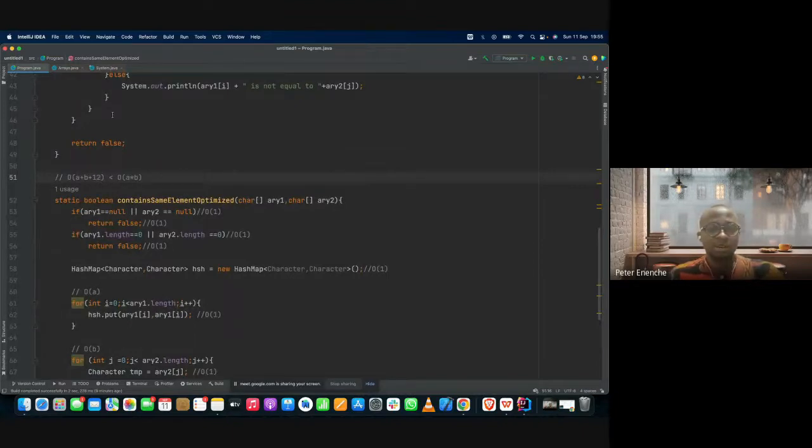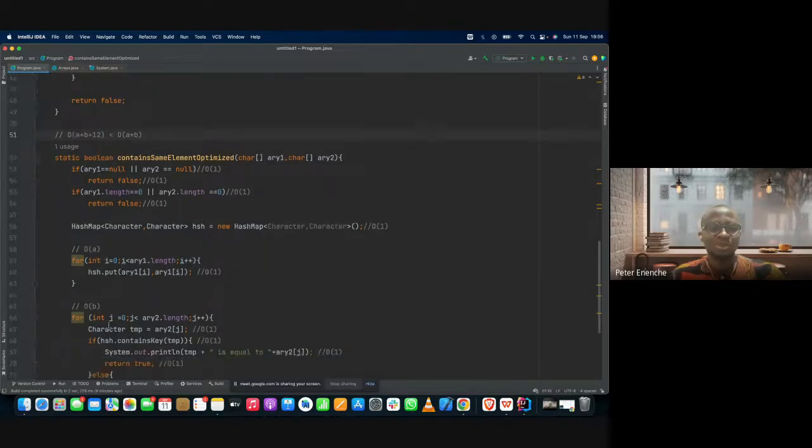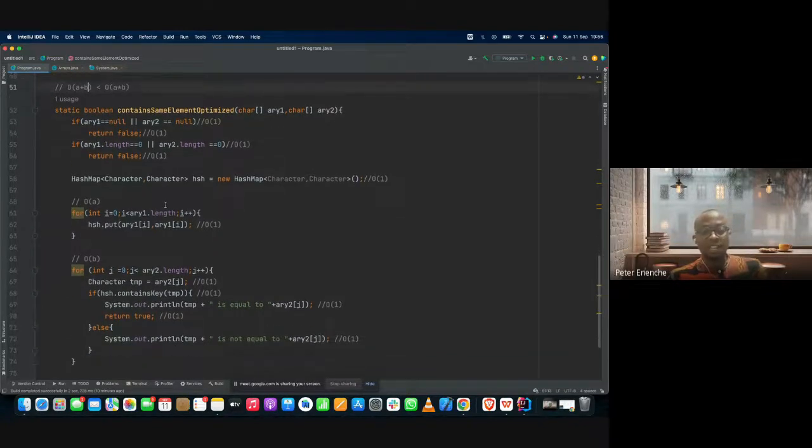And like our rule stated yesterday, the second rule, we are taking out 12, removing this constant here because it's inconsequential. I mean, if A is 1,000, you are just looking at 12, so you just have to remove it. So it will just be O(A + B), right? So we are not counting all those constant times, anything that is O(1), because it really doesn't matter. Like I said in yesterday's document,